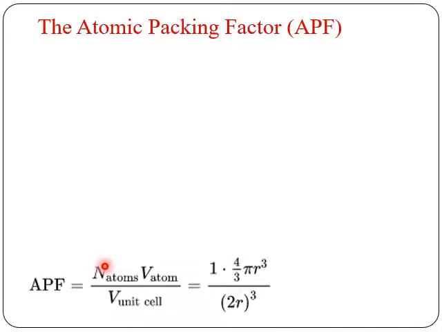Okay, so now the second thing is, you might have observed here we have 1 into 4 by 3 pi r cube, and here we have a cube. So r is different and a is different, but here we need to convert one of the terms into the other term. For example, if I have r here, then here also I should have a in terms of r, or else you can convert this r in terms of a. So how, we'll see here.